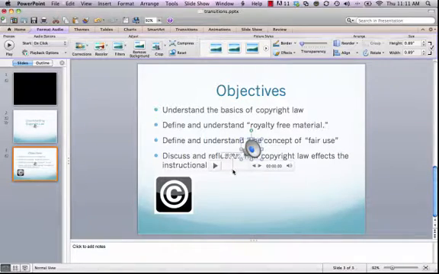It reinforces the ideas. So as we listen through this, the objectives for this lesson are to understand the basics